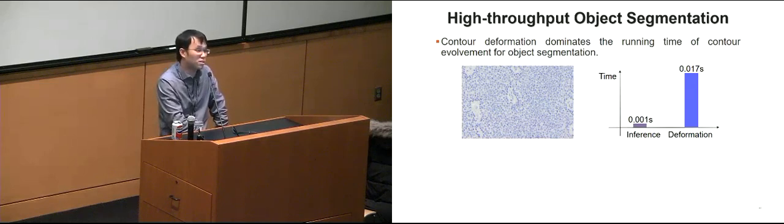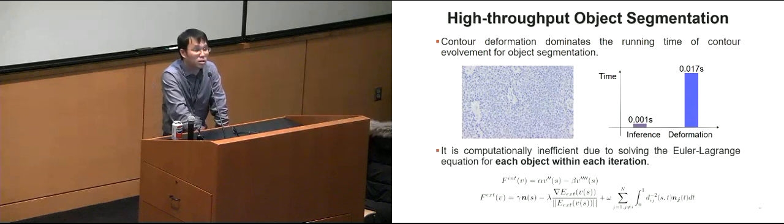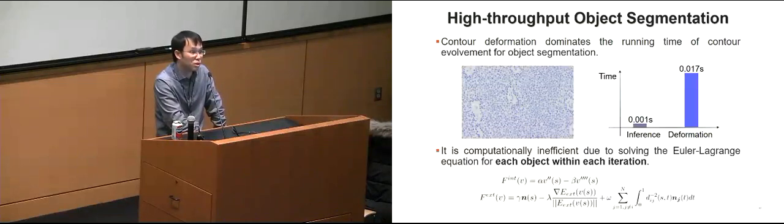Compared with the shape inference, it takes a much higher time cost. And as shown in this figure, the reason is that we need to calculate or solve the Euler-Lagrange equation for each item within each iteration. So this is very time consuming. So these two equations take a lot of time. So we want to find a way to avoid this